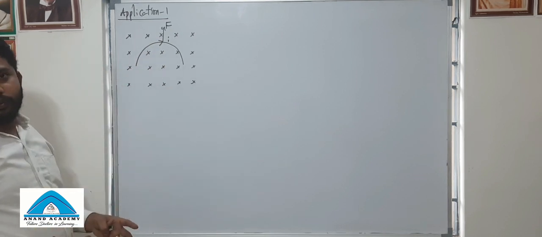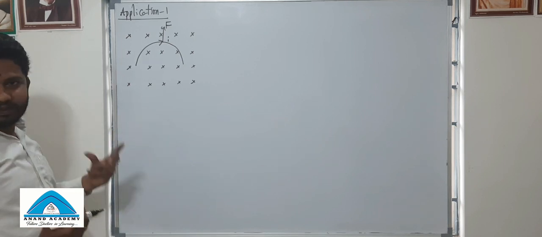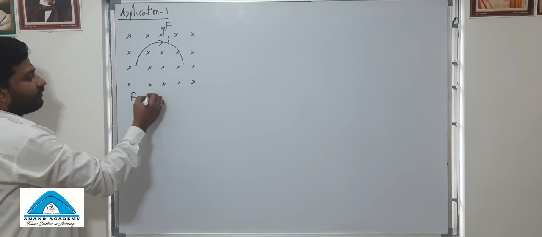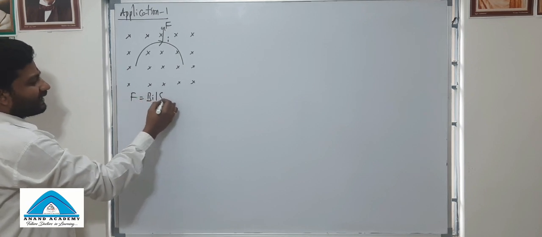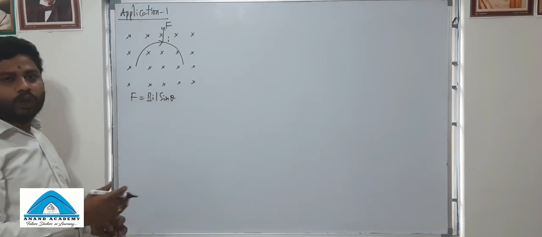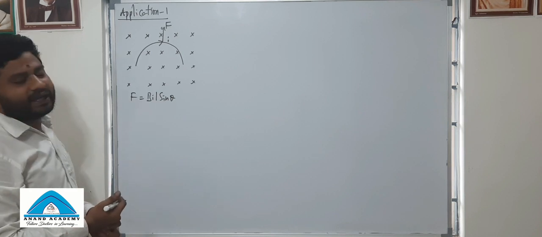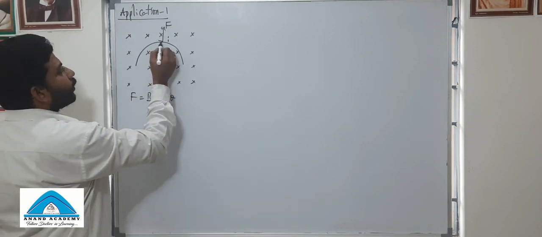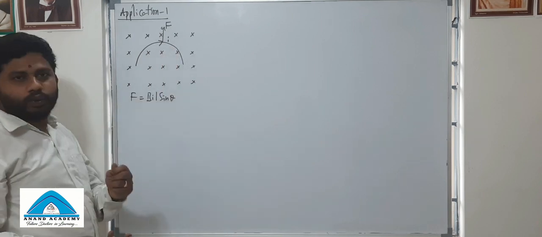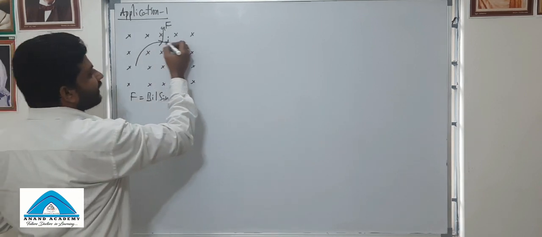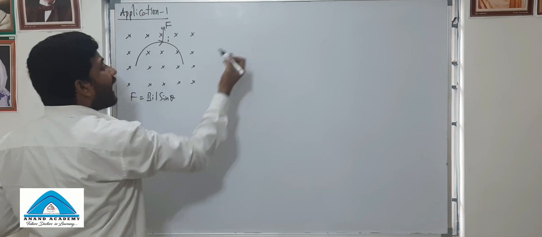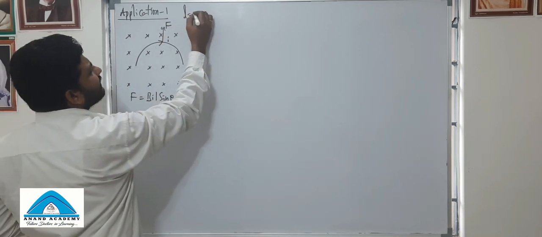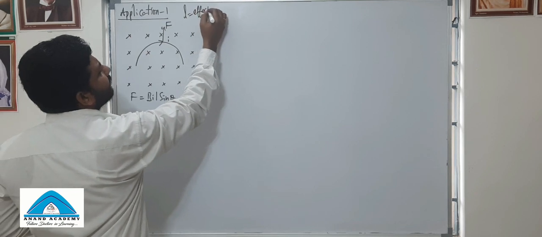What is that value? So magnetic force value is how much here? So this is F is equal to BIL sine theta. Okay, so what is sine theta? Sine theta is the angle between L bar and B bar. So at this point you can check, or at any point you can take. So L bar is in this direction, right? L bar, what is L? L is what? I have told you already, L is effective length.